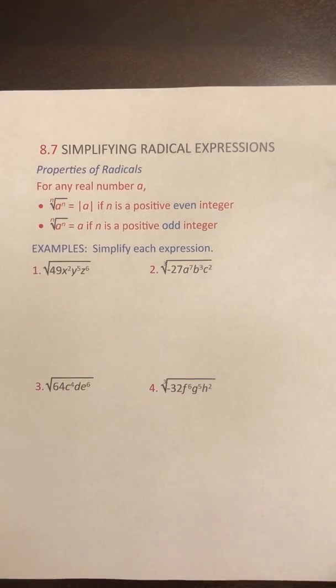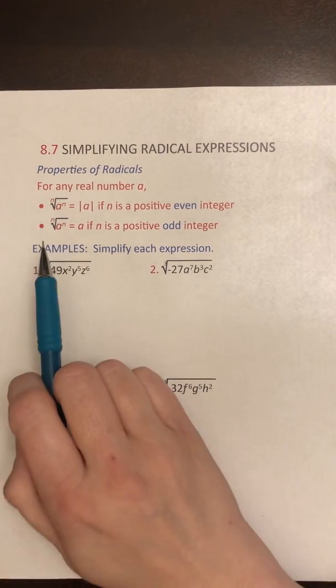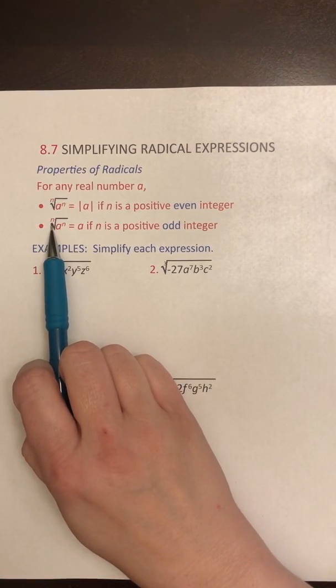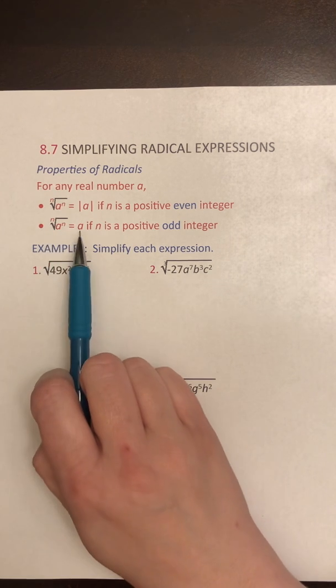Because remember that whenever you have an even index, if you have a negative value underneath the radical, that means that you have imaginary values. And here we are dealing with not wanting any imaginary values. So when your index is even and you're taking things out, you want to make sure that they represent a positive value. Here, if our index is odd, we don't need to worry about having an absolute value because remember,